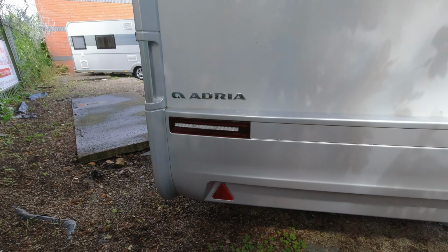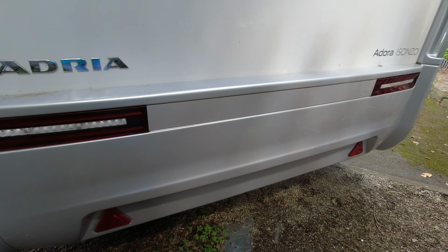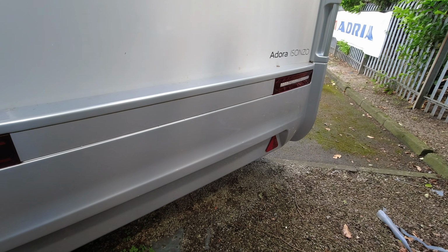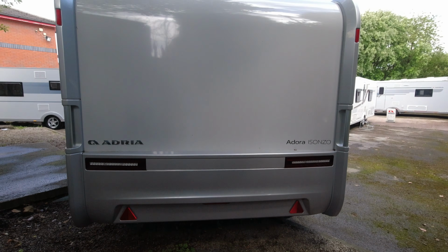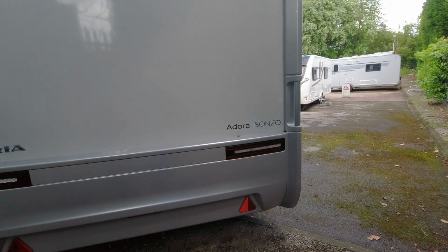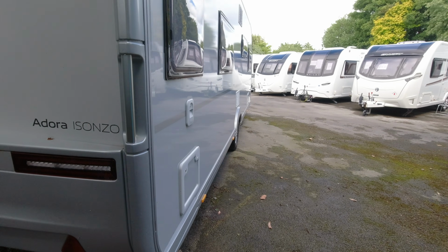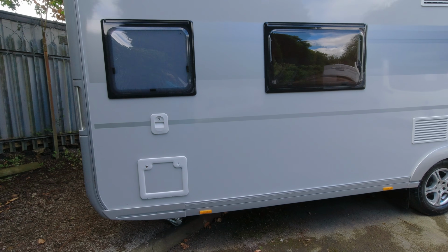And if we just look at the lights, these are what I really like. Those lights are just so funky and new, absolutely lovely. So that's the back end. We'll just have another look at that there. Reminds me of a robot. I don't know why. Going down the offside, so coming onto the offside of the Isonzo, we're now going to